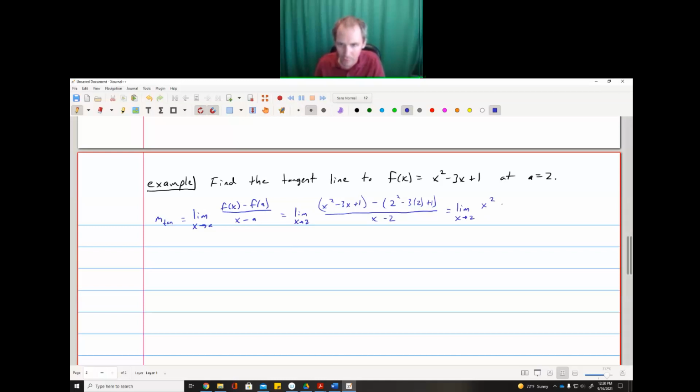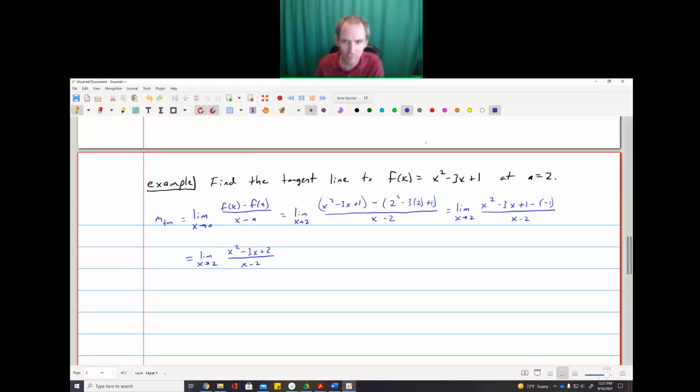So I have x squared minus 3x plus 1 minus negative 1 in the numerator, and x minus 2 in the denominator. Okay. I'm going to treat this like a regular limit. I just wanted to simplify things down first because there was so much stuff to write. So I'll do one more step. 1 minus a negative 1 is 1 plus 1, or 2. So I'm going to write this as the limit as x approaches 2 of x squared minus 3x plus 2